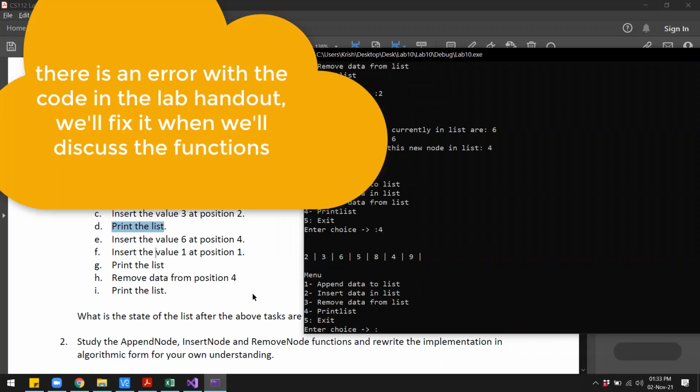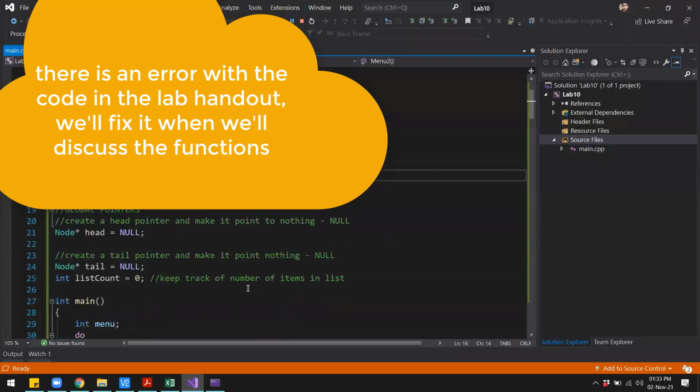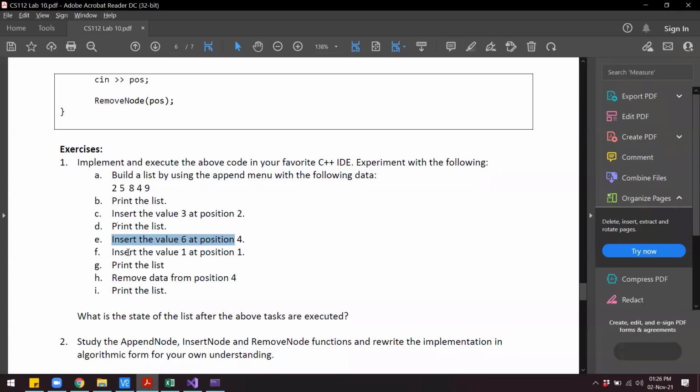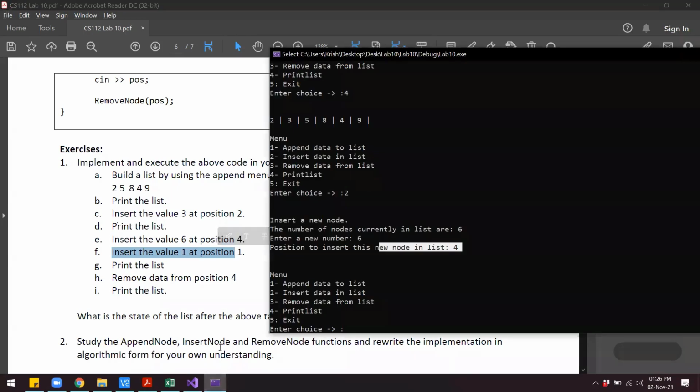Okay, so in here, I think there is some error with the code. That is why it is not going to the right place. Otherwise, this should be at index number 4 in place of 5. Then it says insert the value 1 at position 1. So now we want number 1 to be at the very beginning of the list.